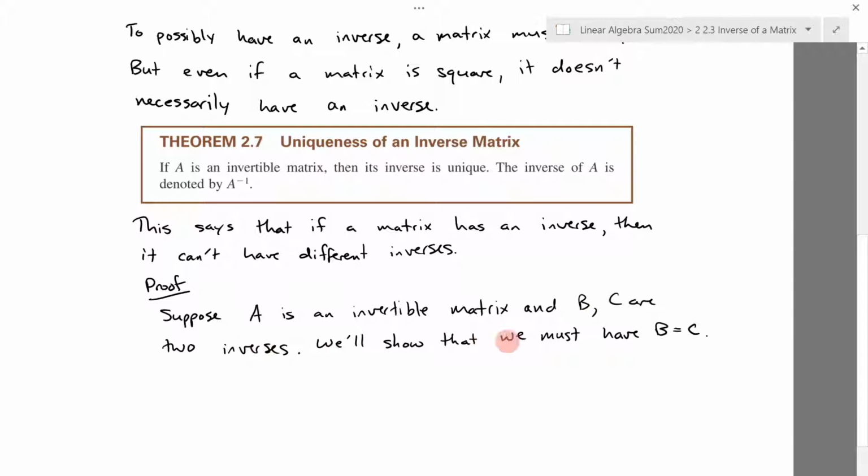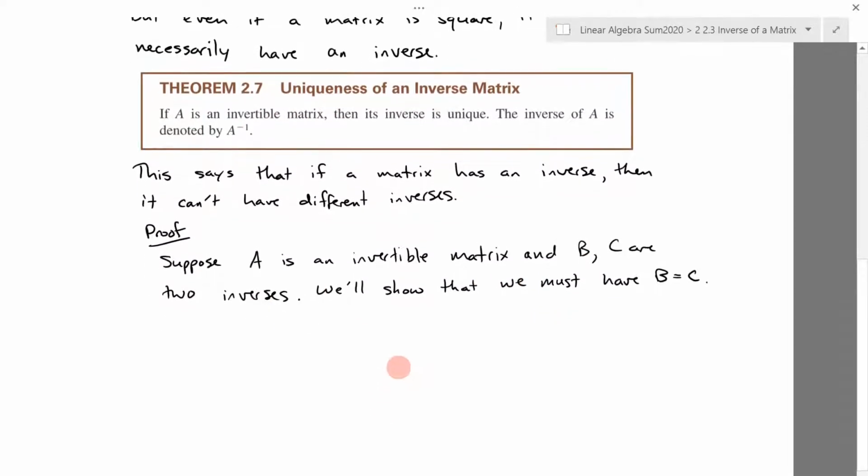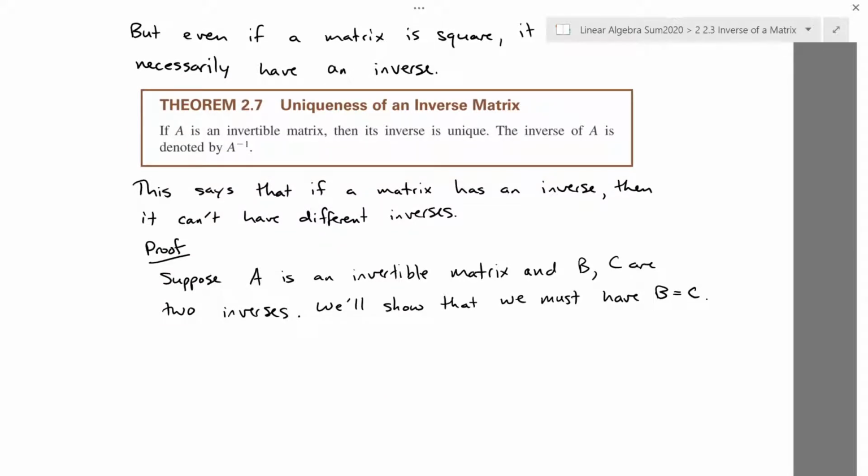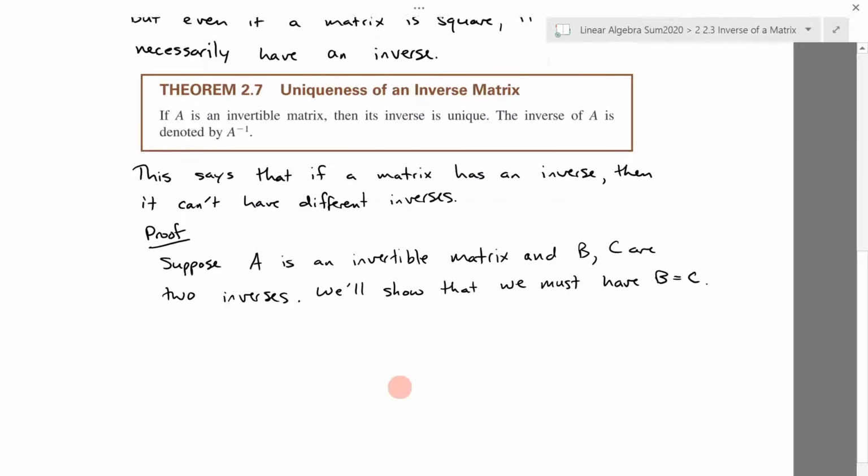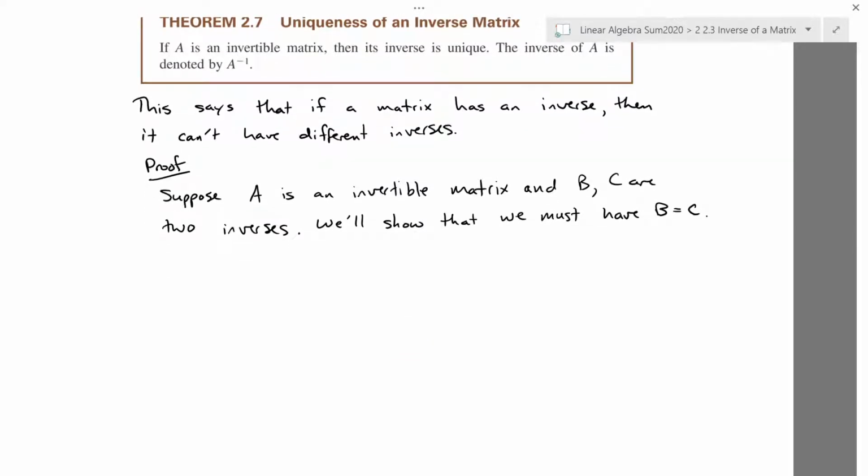That's how you prove this statement. What you want to do is use the various properties of inverses to reach exactly this conclusion. So how do we do that? First of all,